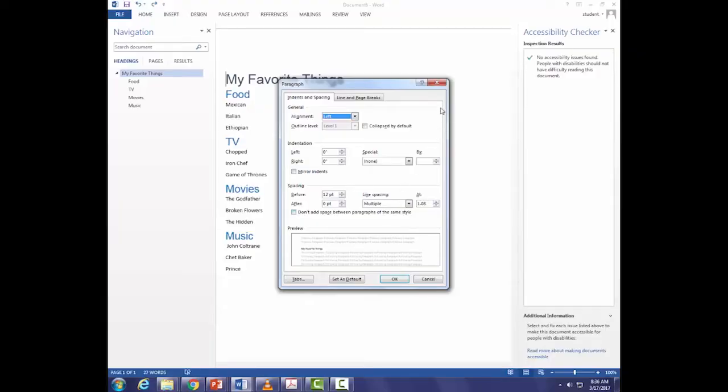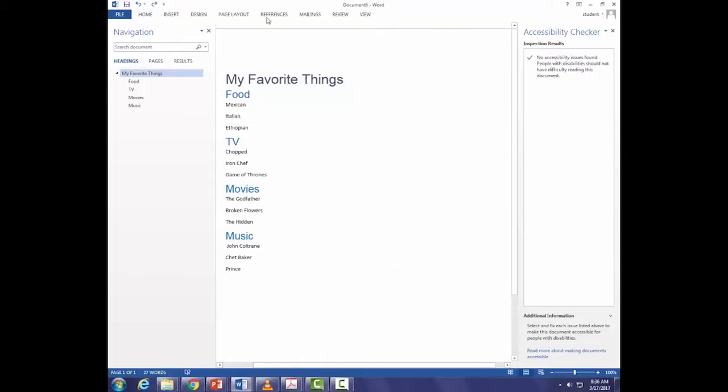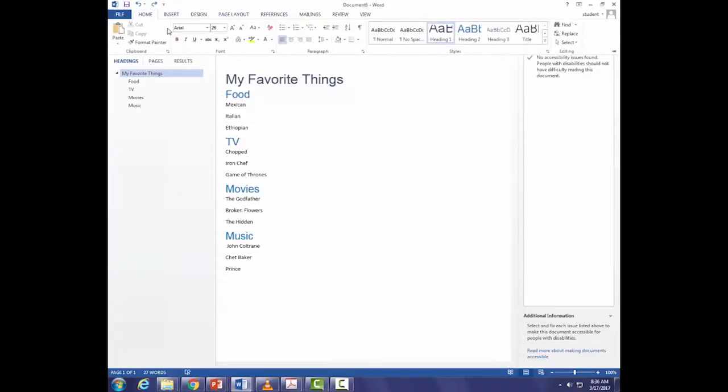So again, as long as I use these built-in features of Word, that's the fonts group, the paragraphs group, the styles group, I use these ribbons, I use these built-in features, the side effect is I create accessible documents, okay? It's just simply the way it works.